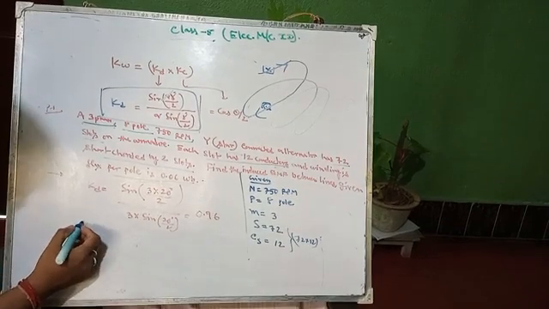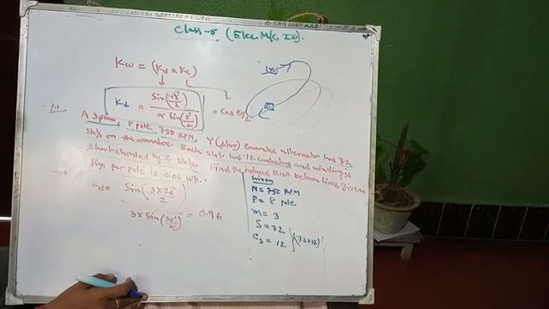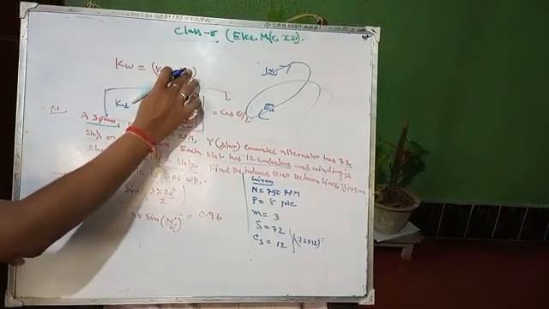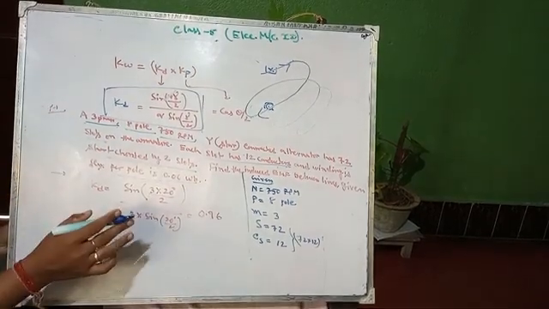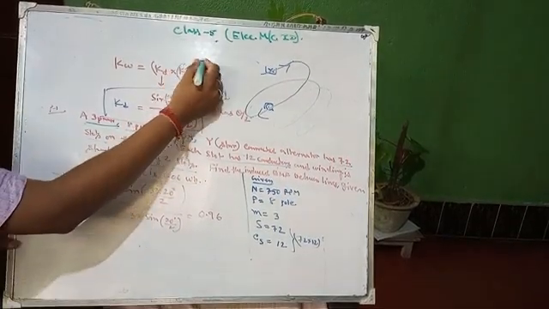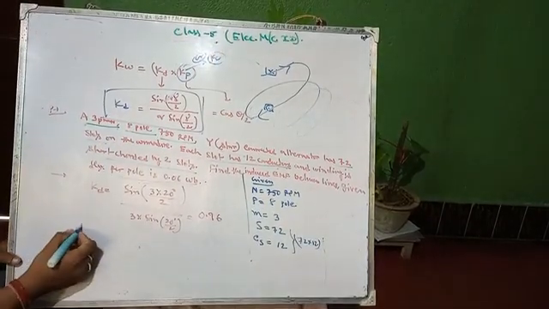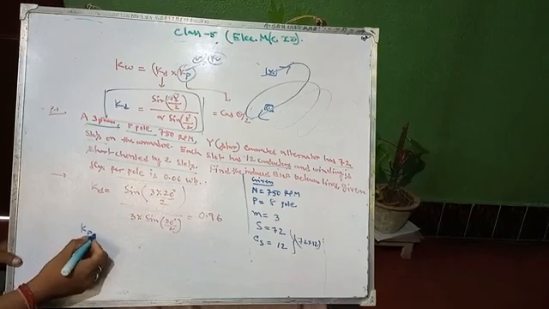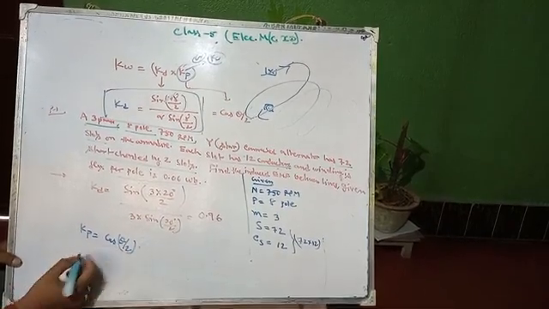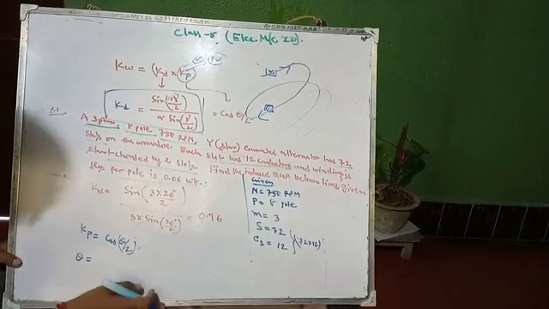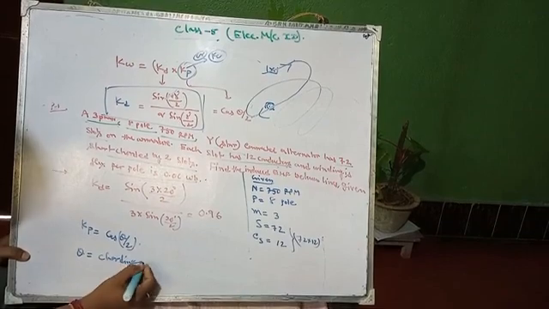Now we will move to Kc. What is the formula of Kc? Before writing Kc or Kp, pole pitch factor or coil span factor, whatever you call it, for Kp or Kc the formula will be cos theta by 2. So now you have to find theta. Theta is the chording angle.